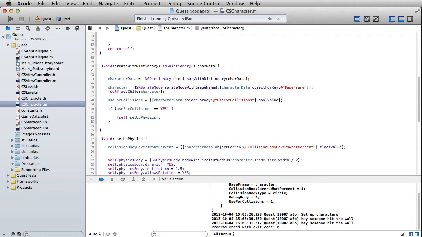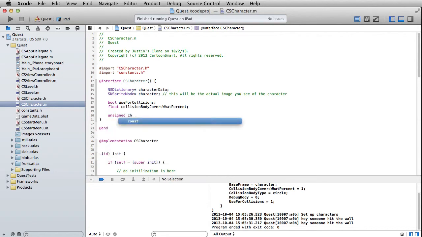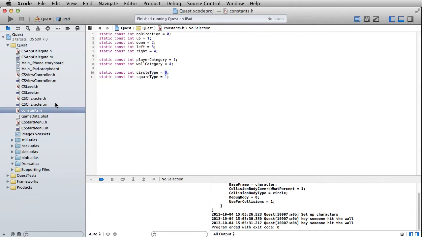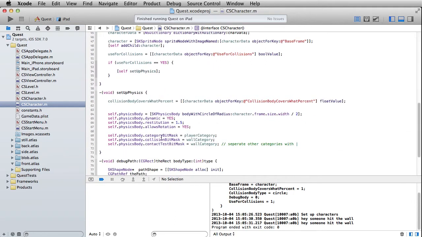We want to save a variable for what our collision body type is going to be. So go ahead and skip back up here to the top. Collision body type is going to be a new one that we haven't used yet. Unsigned char collision body type. And the reason I'm using this is because this is a very small range. It's an integer which can only be from 0 to 255, and as you know from my constants file, my only two options here are 0 to 1. So in some sense, I could just get away with a Boolean too, but let's go ahead and just make this an unsigned char collision body type, and then we'll skip down here and put in